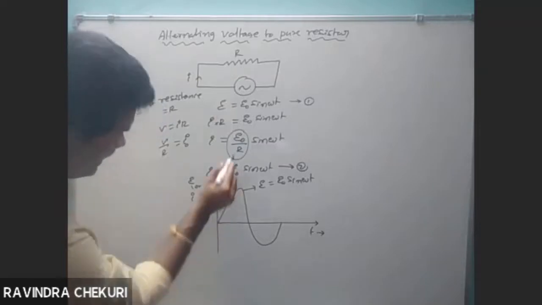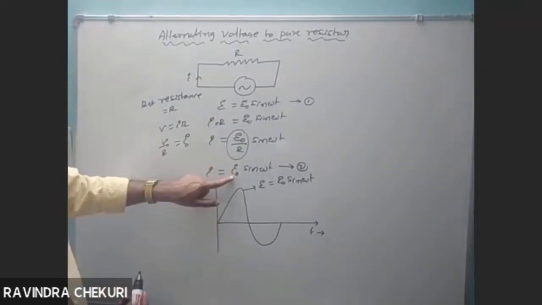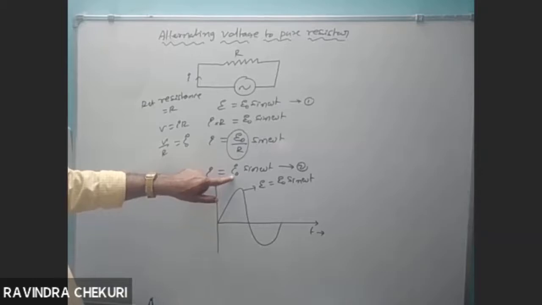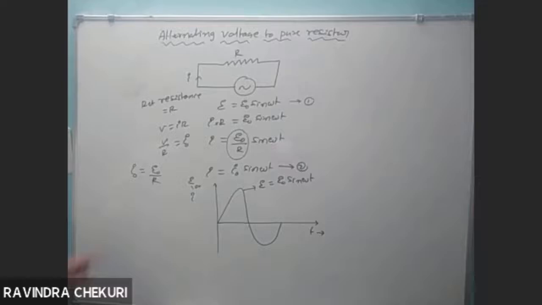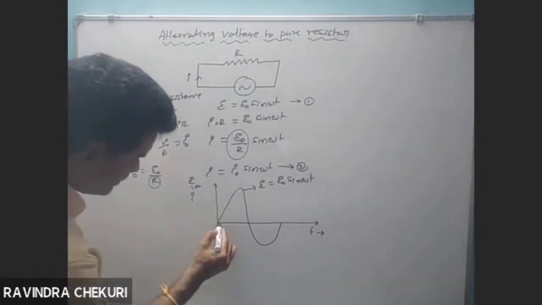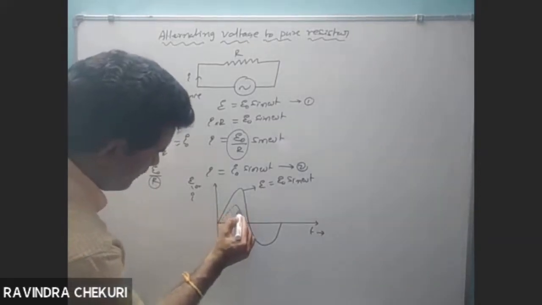The maximum value of current I0 is equal to E0 by R. Here which one is greater? E0 is greater. The maximum value of EMF is greater than the maximum value of current. How many times is it less? By a factor of R. But the maximum value of current is...